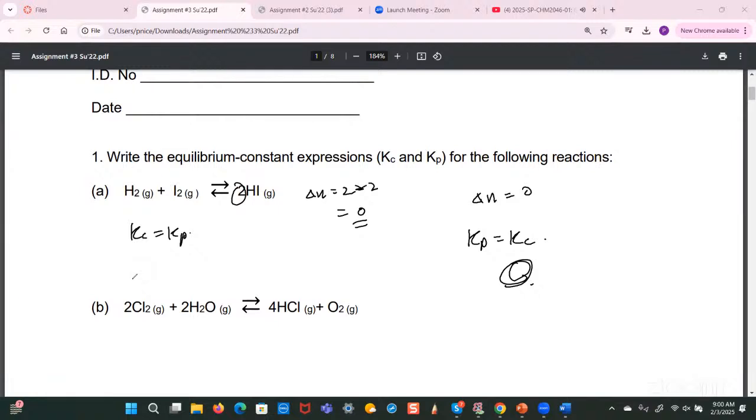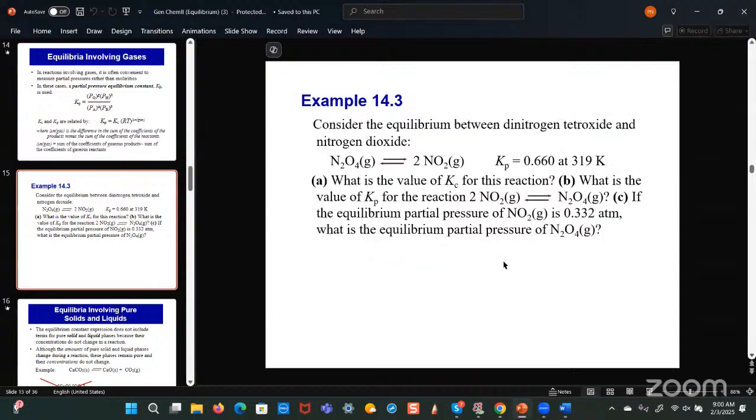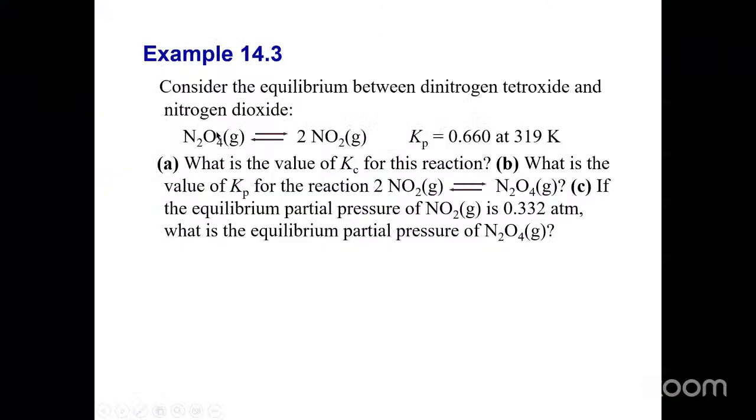All right, so let me clear this, and let me go back to the PowerPoint. I'm not sure if we'll have enough time to complete this example, but I'm going to try. So they gave you this equation and they gave you the KP value for this. So the question is asking for the KC value. Now remember, KC